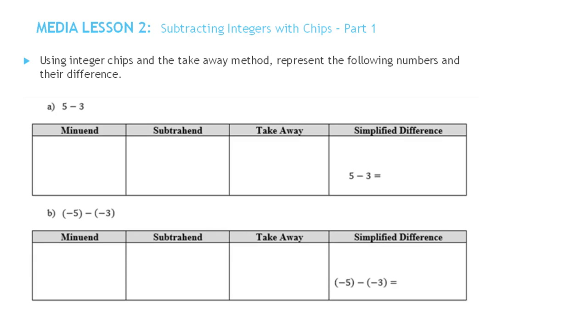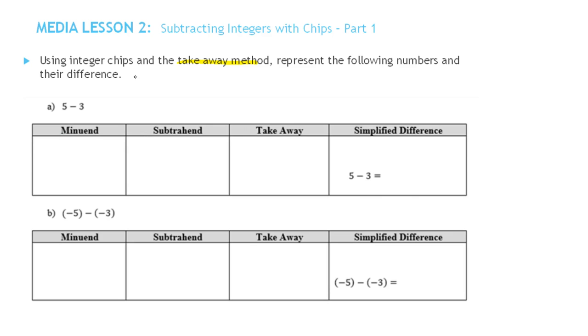In this example, we're going to start our investigation of subtracting integers with chips. So we're instructed to use integer chips and the takeaway method. Represent the following numbers and their difference. So before we start this problem, let's just go back and review really quickly the difference between the takeaway method